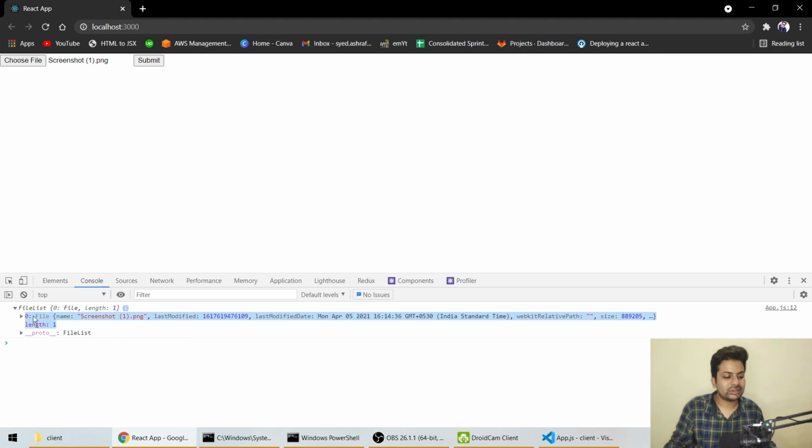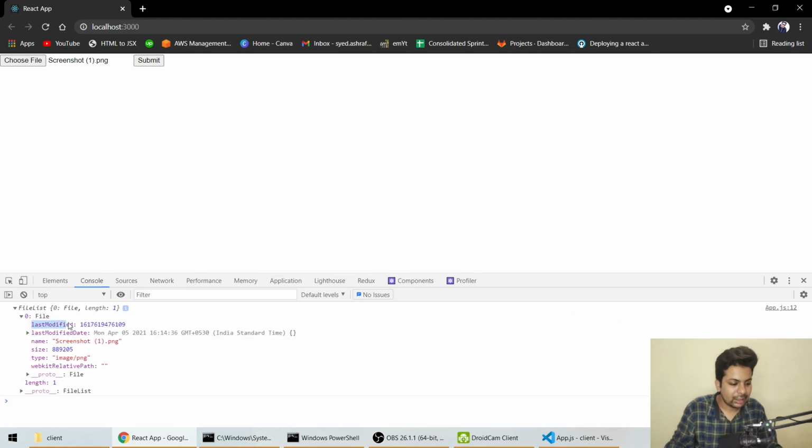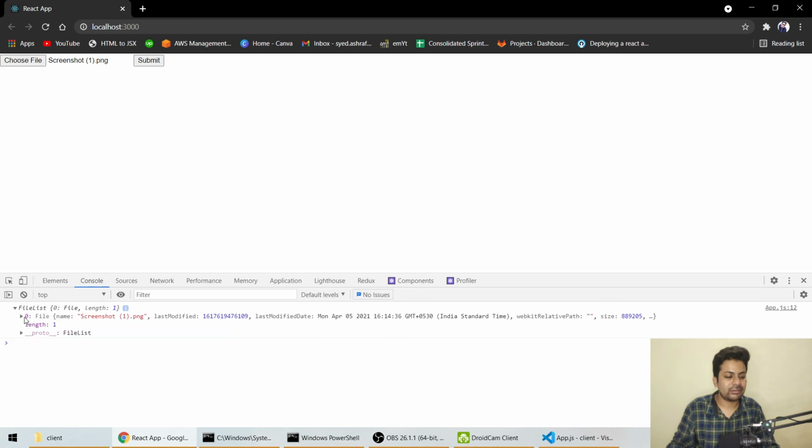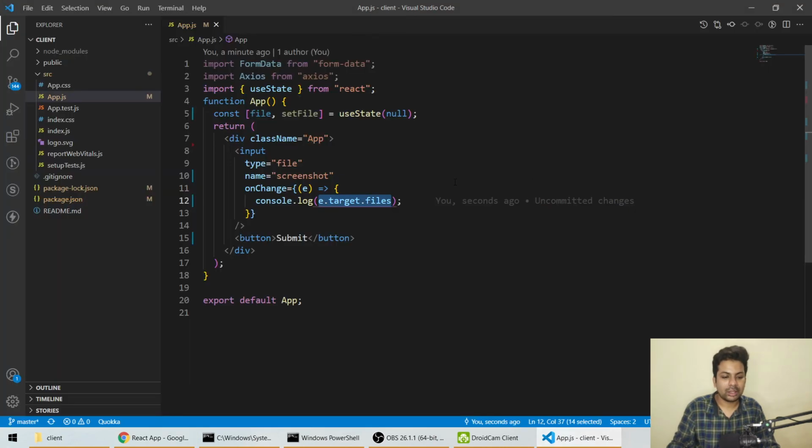In the first index, see, we have got every detail. If you expand it, last modified date, then the name, then the size, type, and other details that are not necessary for us. We are getting an array, and it's under the first index, you can see 0. So we'll need the 0 index file.